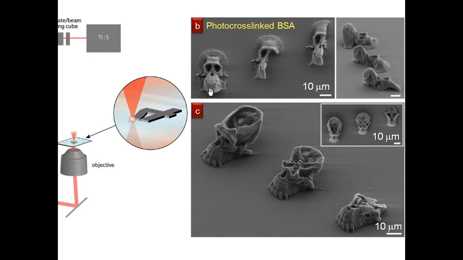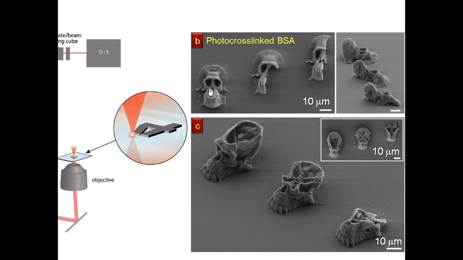They chose a laser and a version of BSA that could be solidified, cross-linked using a laser. So these structures were made from BSA in the cross-linked areas, the ones that were exposed. Basically, they washed away the non-cross-linked material, and they were actually able to show some